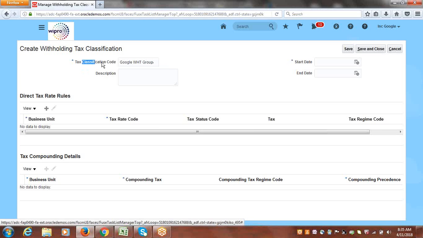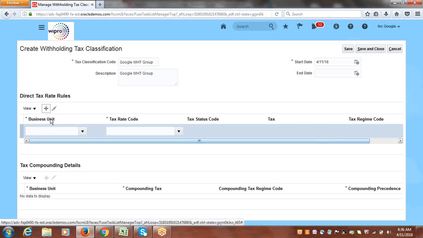They're given the name as classification, but going forward when you try to assign this name to supplier, there you can find the field called as withholding tax group only. Okay, you can give any name, you can give the classification or group, nothing wrong. Okay, Google withholding tax group, the same name you may take as a description. Select starting date and just click on